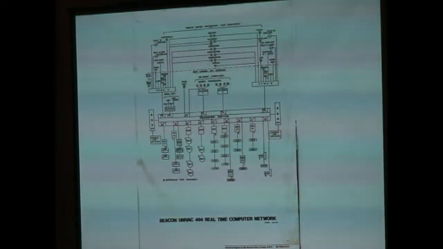If you've got keen eyes, what you may notice on there is that the two computers suddenly are 494s. This was because at that stage the 490s were replaced by the successor product 494s in anticipation of all those subsequent applications being added in. And the great beauty about the 494, it was about 6 times faster, but that was immaterial really. More importantly, you could actually have 64K words of memory on it. Astonishing.